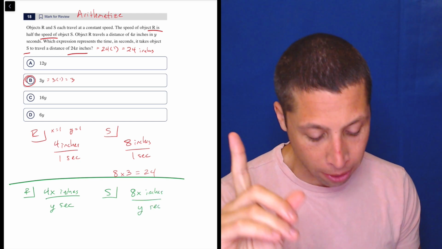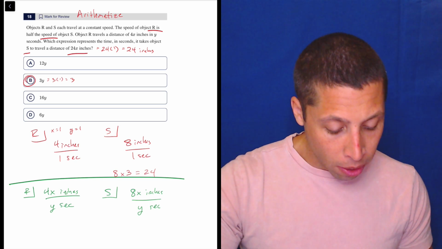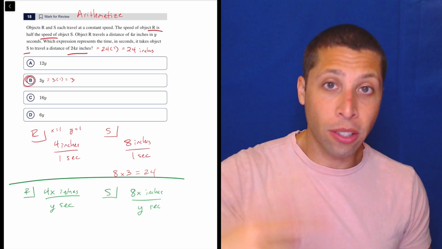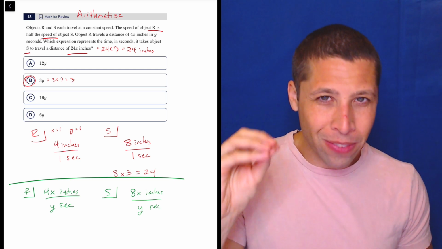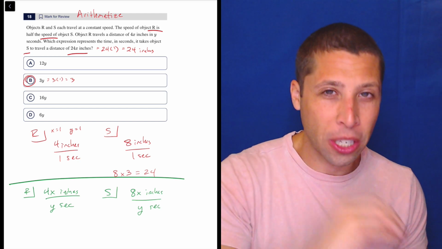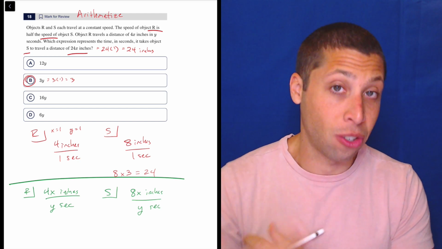Now my worry with this is that some of you are going to double both. You're going to do 8x over 2y because you're like, oh, it's going twice as fast. We got to double it. Or maybe because the wording of the statement is a little confusing, right? The speed of object R is half the speed of object S. You might do the opposite, and you might actually divide by 2 and make the speed of S 2x inches,